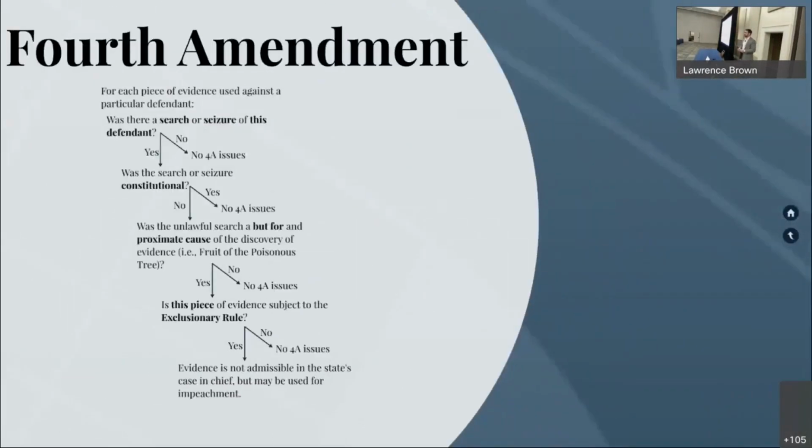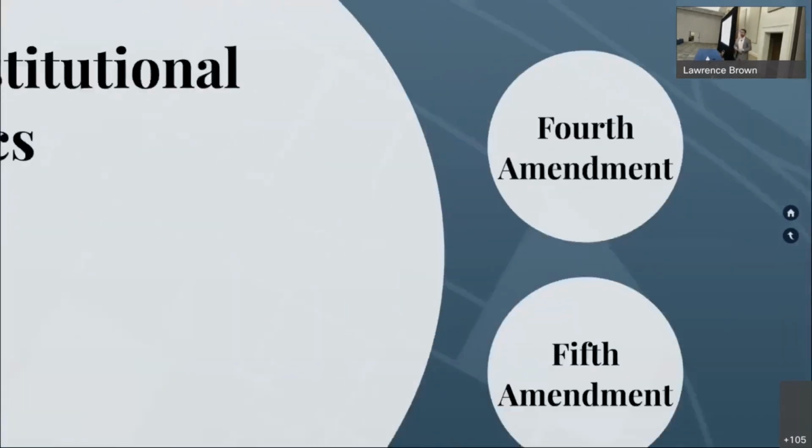So why is this helpful? Well, if you're taking a law school exam, it's helpful because it gives you a roadmap through the exam, but most of you aren't taking law school exams anymore. And I still think this framework is useful because it sets up your arguments. If you want to make an exclusionary rule argument, you have to follow a particular path. And I would submit to you that this framework does a decent job of charting that path for you. You have to argue that yes, it was a search or seizure, that no, it wasn't constitutional, for example. Applying a more consistent methodology than is sometimes briefed can be valuable. That's it. That's Fourth Amendment.